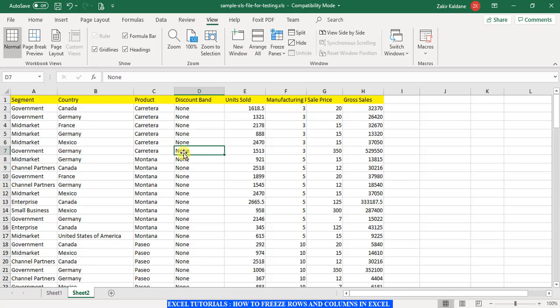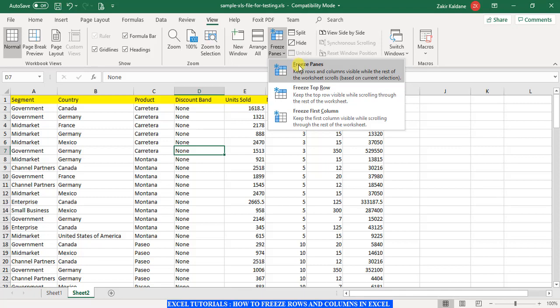Okay. So let us take an example of three columns so that you understand better. What I want right now is basically I want to lock these 1, 2, 3, 4, 5 and the header. So I want to lock 1, 2, 3, 4, 5, and 6, so total 6 rows and 1, 2, 3 columns. So what I will do is I will click over here and I will again use the freeze panes option.